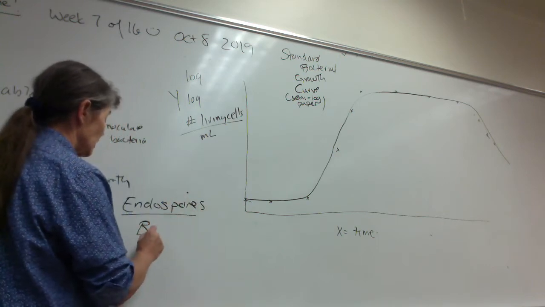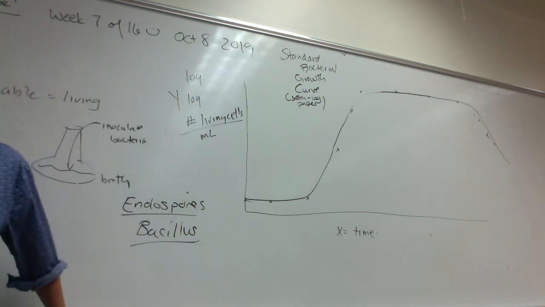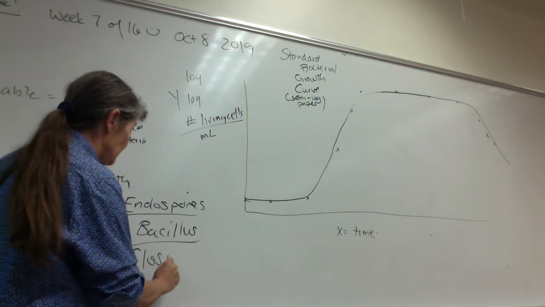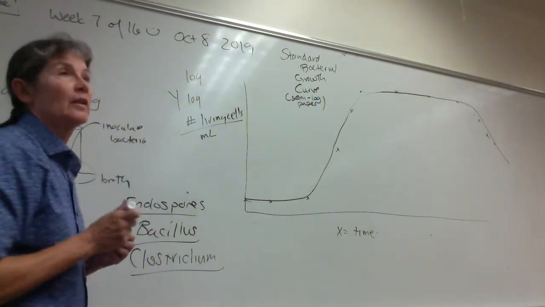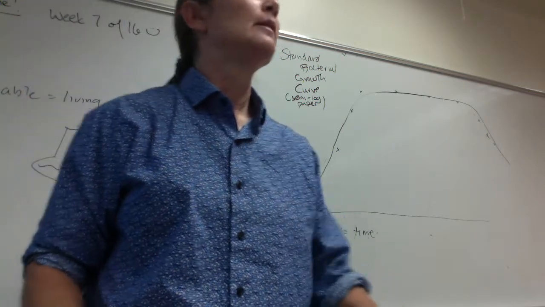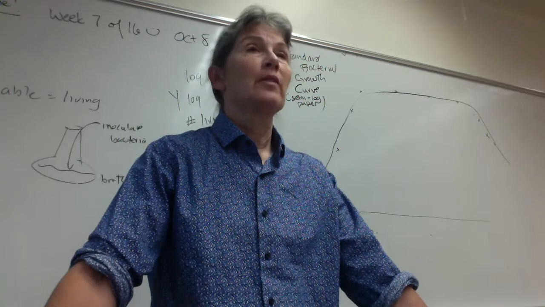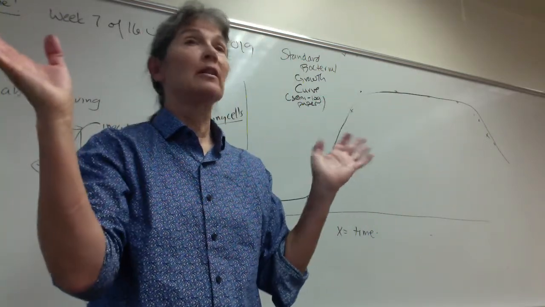And remember, folks, endospores are formed by members of the genus Bacillus, like Bacillus anthracis that we looked at in lab, and also by the genus Clostridium. So, folks, what is the function of an endospore? Do you remember? There you go. Spot on, right? The endospores are there to protect a copy of the chromosomal DNA, to protect the organism when environmental conditions get